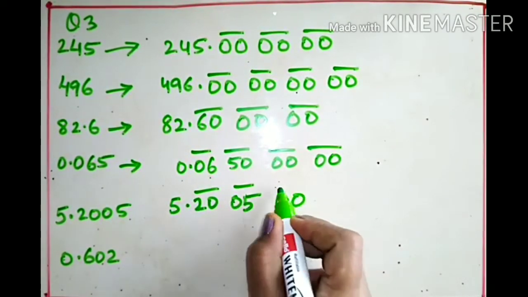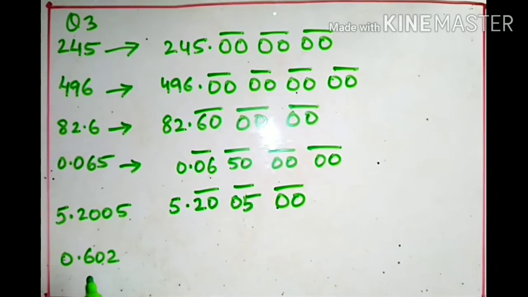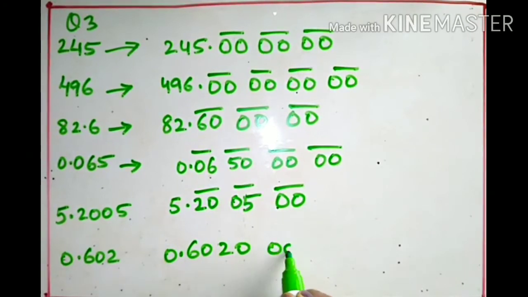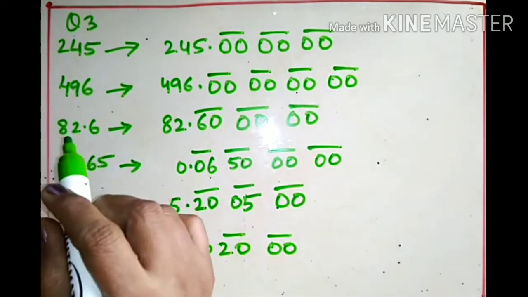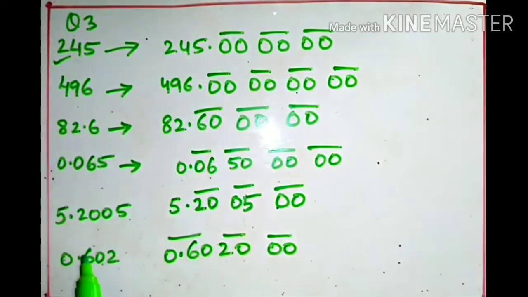We'll put one more 0 here. 0.602 has to be done correct up to 2 decimal places, so we need 3 pairs of numbers after decimal point. Okay, we have 3. Answer will have 3 digits after decimal point, which we will round off and make it 2. Out of this I will do this 245 and